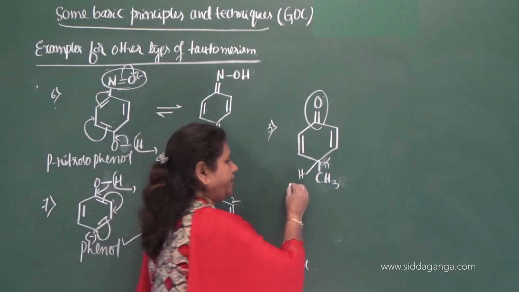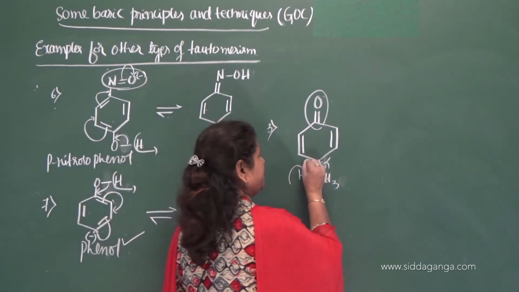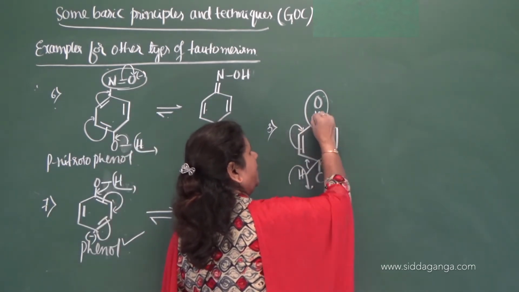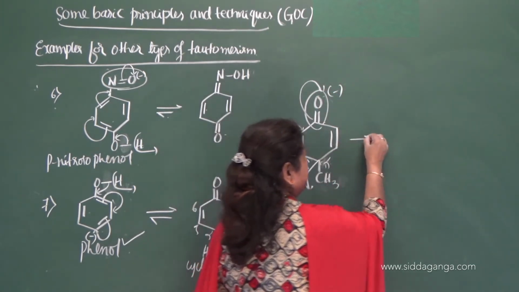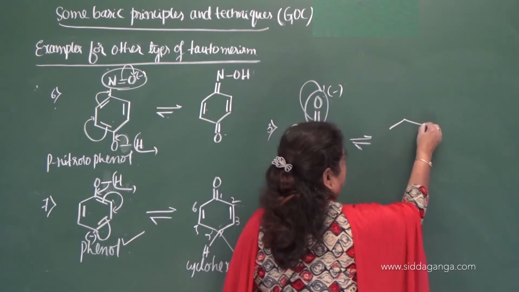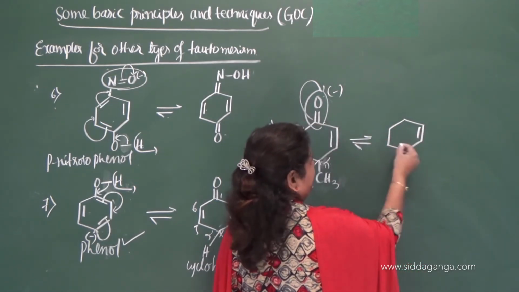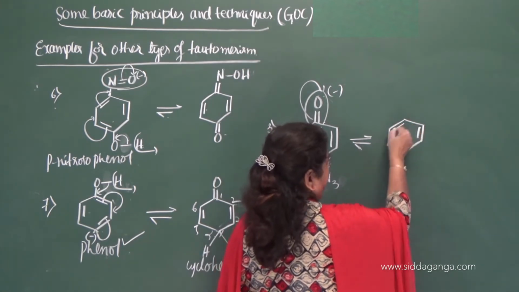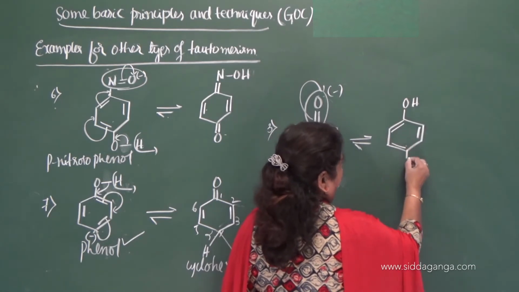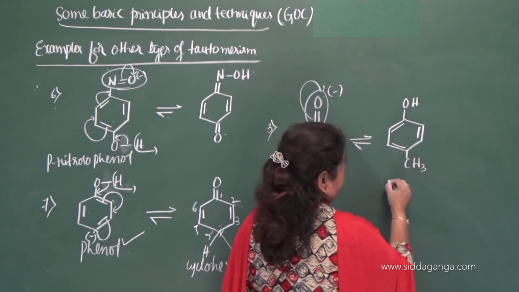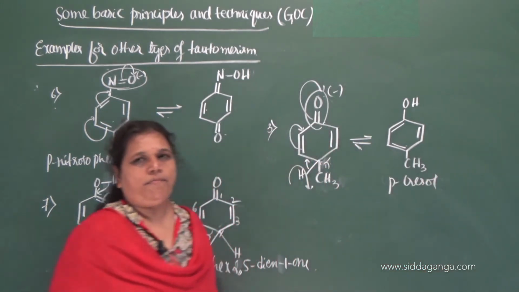Now this undergoes cleavage here, correct, and this bond shifts here, and this shifts here, and this shifts here, and this oxygen gets the negative charge and it abstracts the proton. Then what you get? So you will get, here is one bond, this bond has shifted here, that means it comes here, and here is one bond and this becomes single bond and it becomes OH, and methyl group comes as it is, nothing but para-cresol. It's nothing but para-cresol.